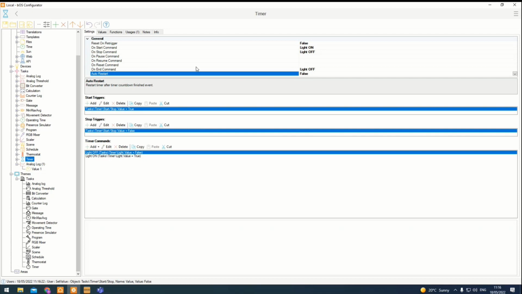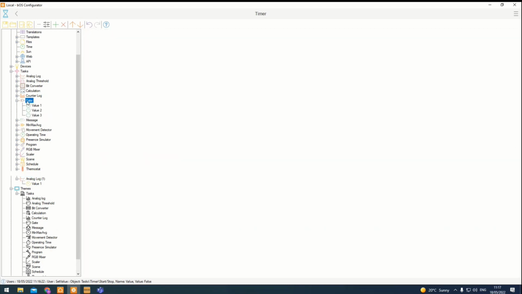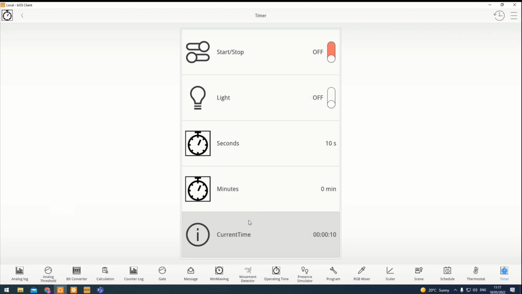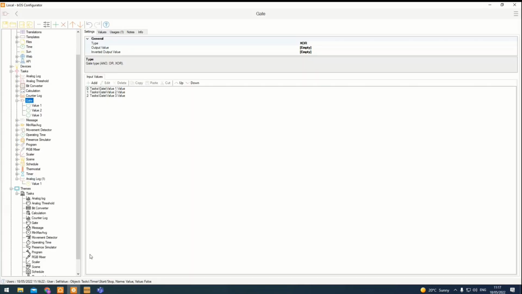Okay, this is basically all from my side for now. I think we went through all of the tasks, to give a quick recap, and I gave you a nice little use case in the client as well, how everything works. Let me